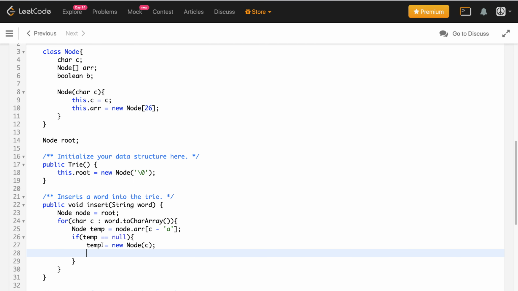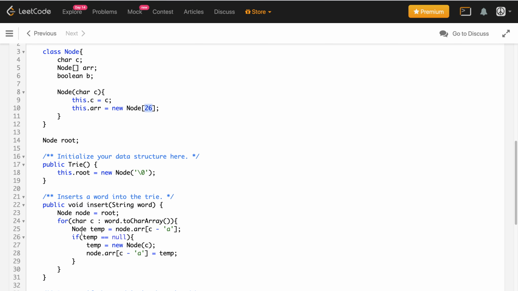So in the current node array, we have to point it to temp. Now you can think of why I'm doing c minus a over here. The reason being, I only have lowercase letters and the size of the array is 26. So small a represents index 0, small b represents index 1, something like that.